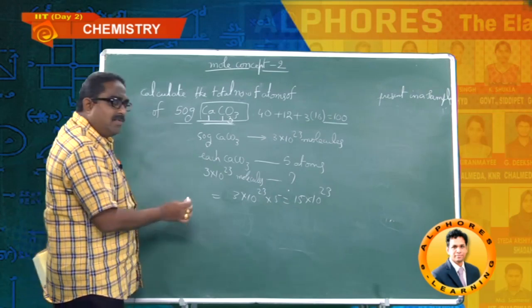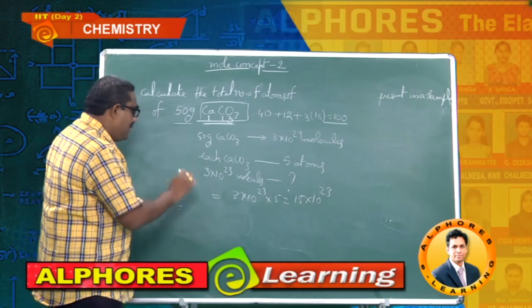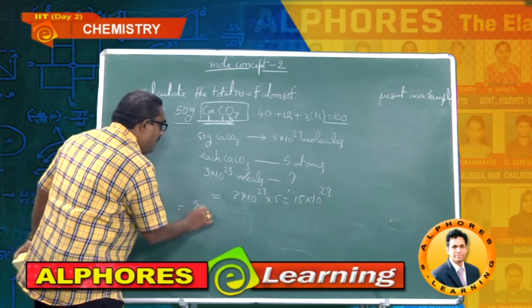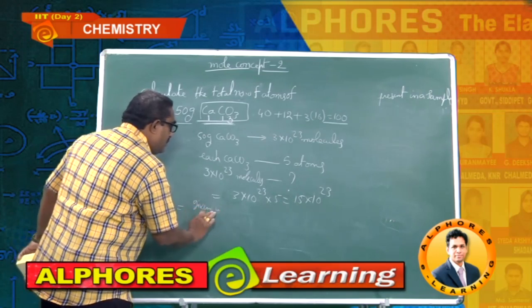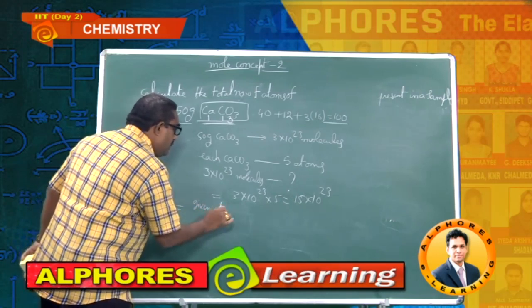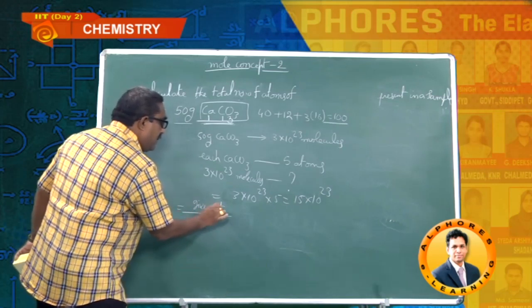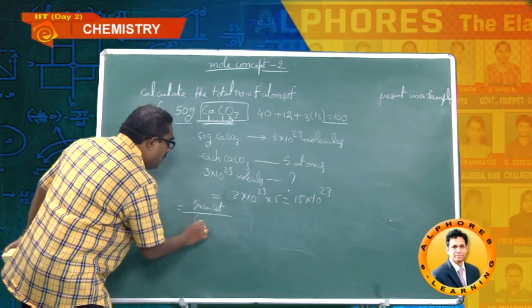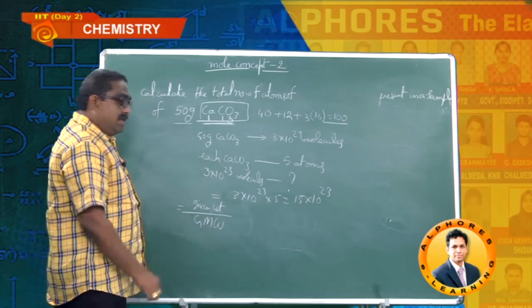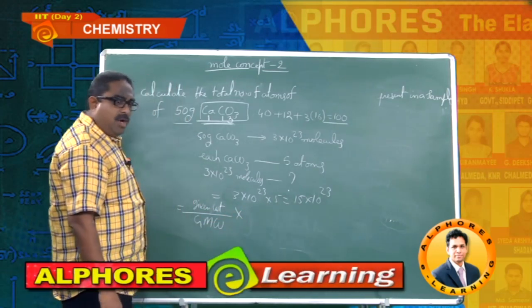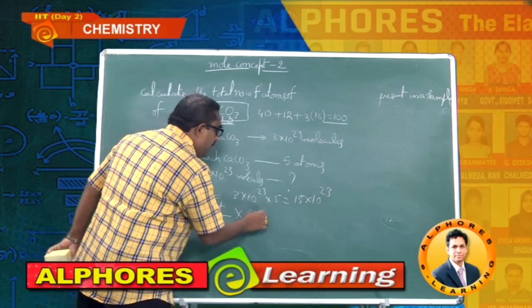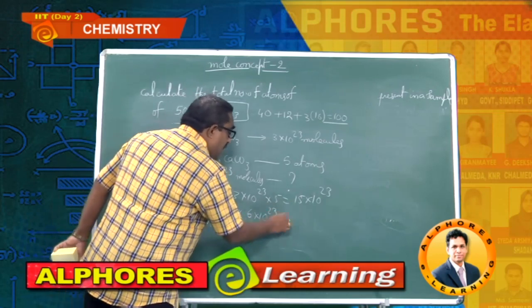For molecules, yesterday we have written this formula: given weight divided by gram molecular weight, into Avogadro number, that is 6 into 10 power 23,